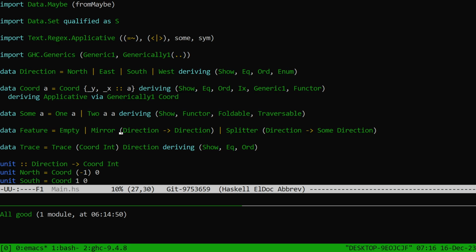What is it you ever do with a mirror, right? Say you had a new type that was: it's empty, or a normal slash, or a backslash, or a pipe, or a minus. And maybe you even just use characters. And you pattern match on that, and then you take a direction and do some operation on the direction based on the character that you found. But that's really the only thing you ever do with features. You use them to decide how